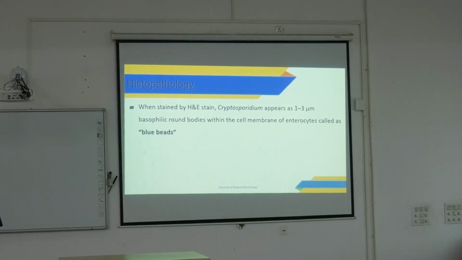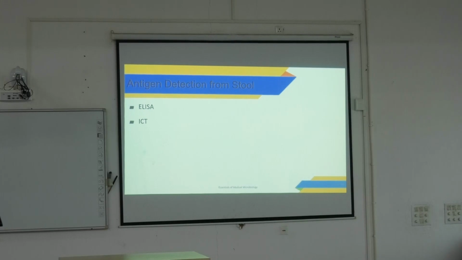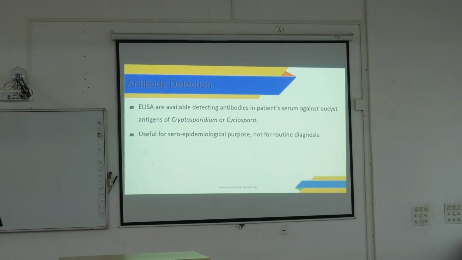Histopathology, when stained with hematoxylin and eosin stain, Cryptosporidium appears as 1 to 3 micrometer basophilic round bodies within the cell membranes of enterocytes, called blue beads. বাকি আমরা ELISA, immunochromatography এগুলোতেও দেখতে পারি। Antibody ELISA are available detecting antibodies in patient serum against oocysts of the